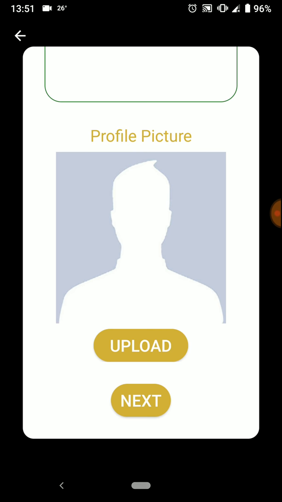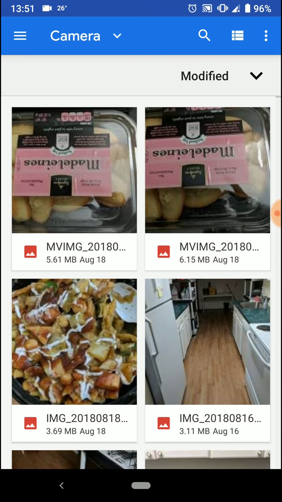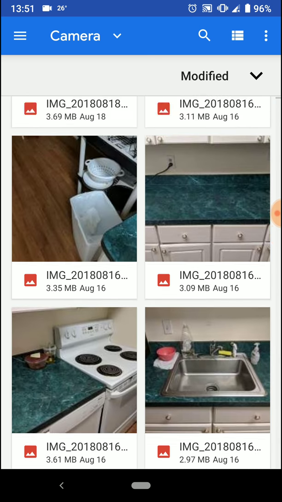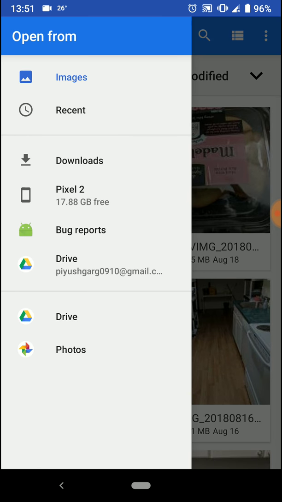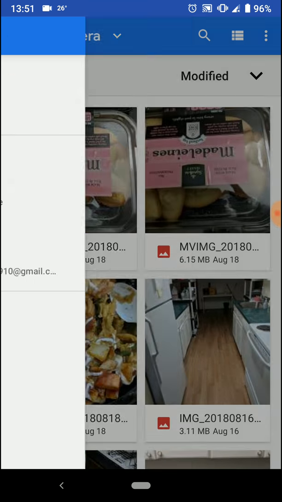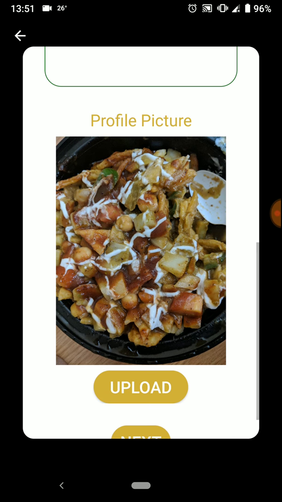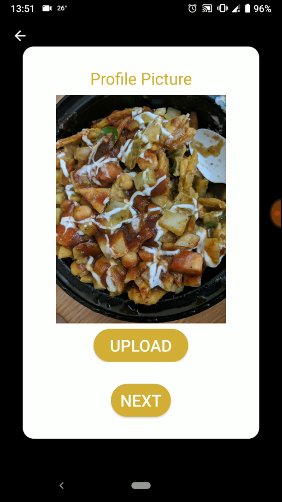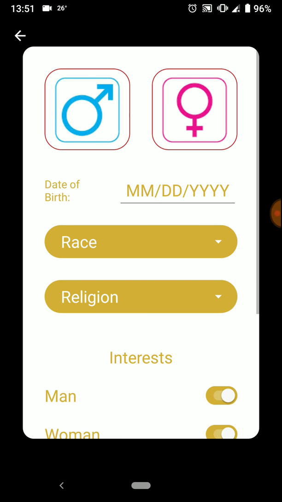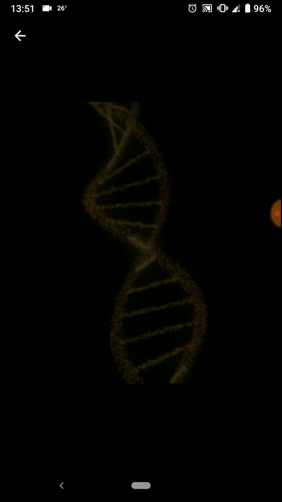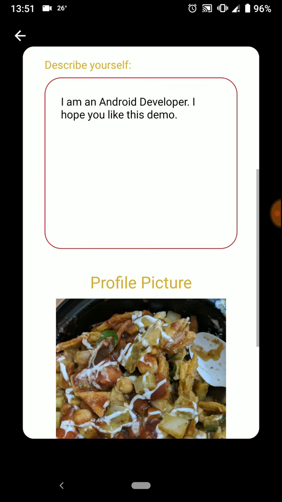If I click on upload, it'll launch an intent to pick images from my phone, and I can access any of the folders on my phone here. I'll just click one image at random and I hit next here. So one thing to note here is that if we go back, it'll persist all the information